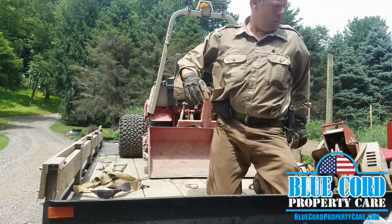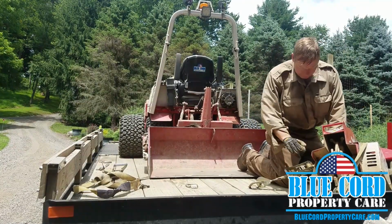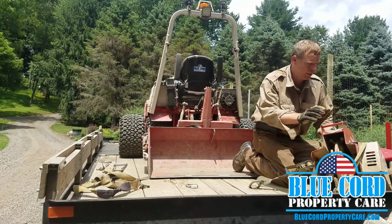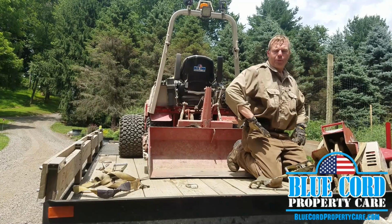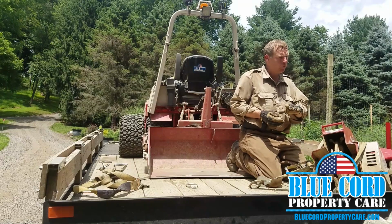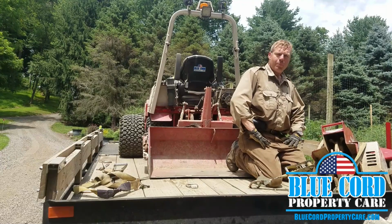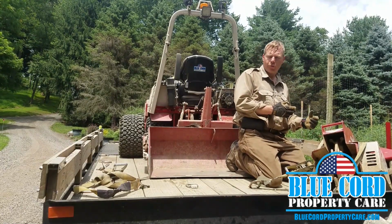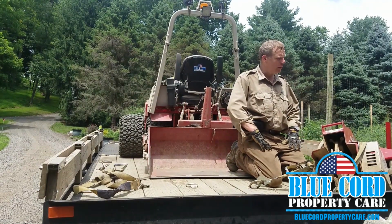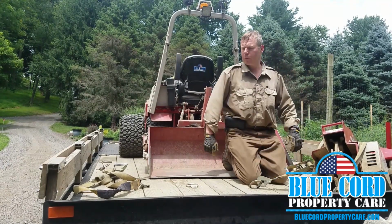Well, it wasn't a bad day's work. This equipment makes short, easy work of some really tough jobs. The customer was extremely pleased with how even and smooth the driveway turned out and all of the ruts and washouts that were evenly filled in. And he's going to keep in touch with me and let me know how the new contours handle the weather, the upcoming storms. One this afternoon, it's coming in. I really don't like getting rained on, so I'm going to try to get this equipment loaded, strapped up, and